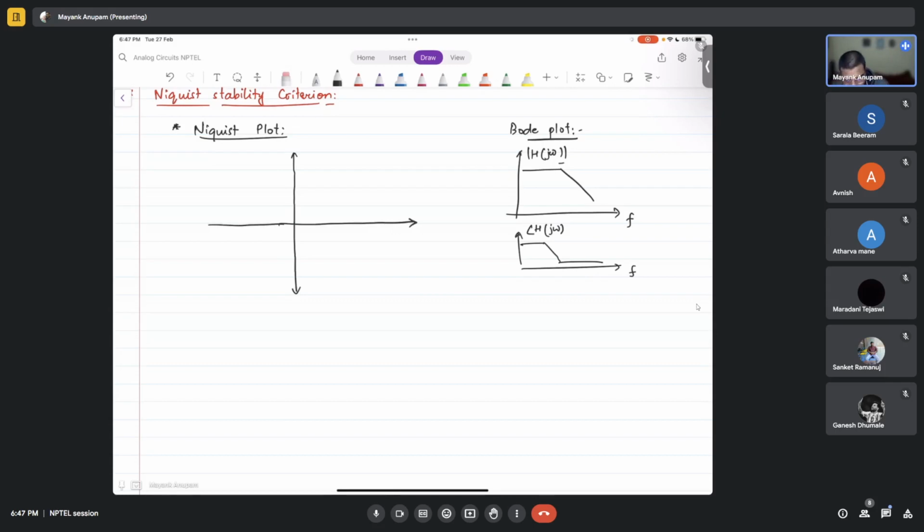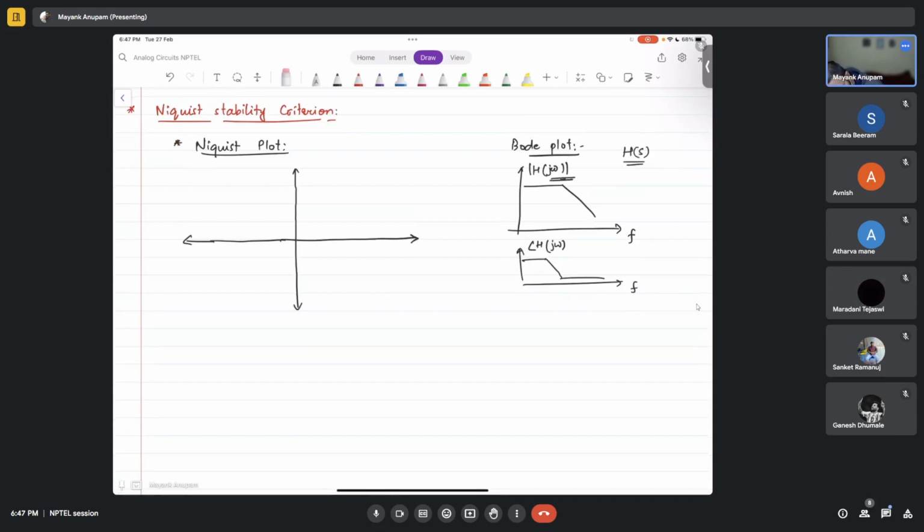Here we take complex frequency as the argument. Remember that if the transfer function is H of s, we replaced s with j omega and then plotted the Bode plot. But in the Nyquist plot, we keep H of s as H of s itself. And s is a complex frequency, so s is sigma plus j omega. There is a real as well as an imaginary part. So we take sigma here and j omega here, and then we start